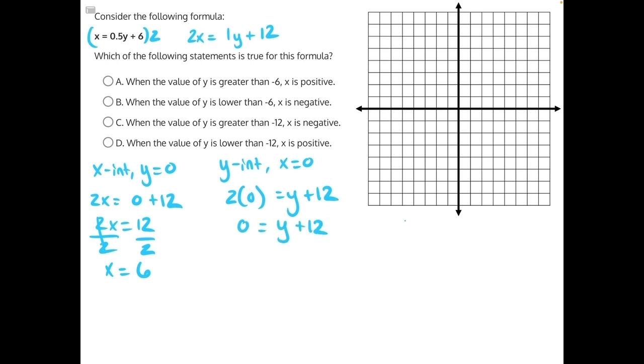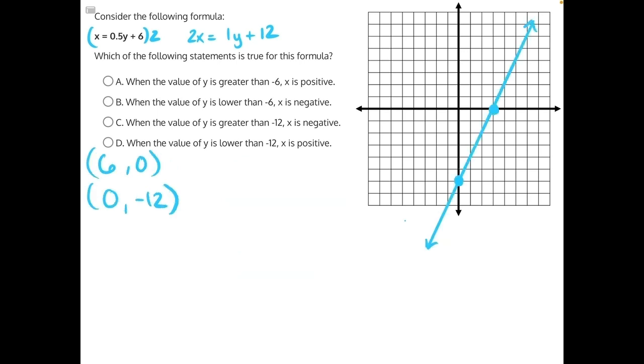And then when we do opposite operations, we'll subtract 12 from both sides. These will cancel. We'll have negative 12 is equal to y. Now that we have our two intercepts, I'll turn them into coordinate points and plot our graph on the coordinate plane. Here I have plotted our two intercepts. Our first at 6, 0, where I went up and down 0, and to the right, 2, 4, 6. Then 0, negative 12, I went to the left and right 0 and went down 2, 4, 6, 8, 10,